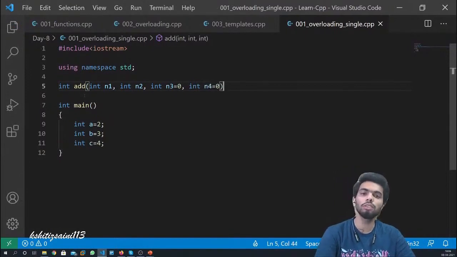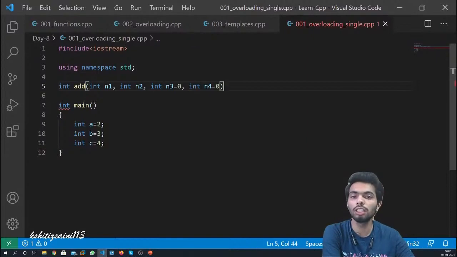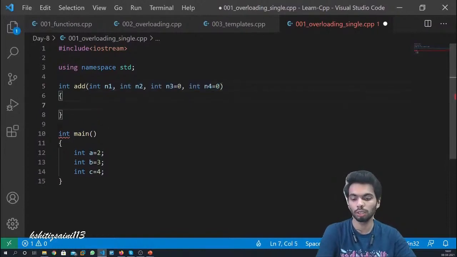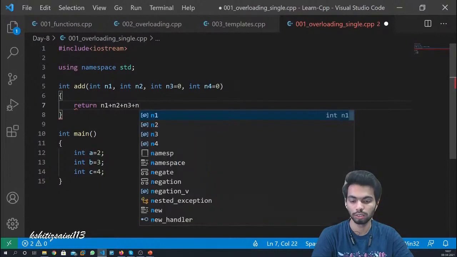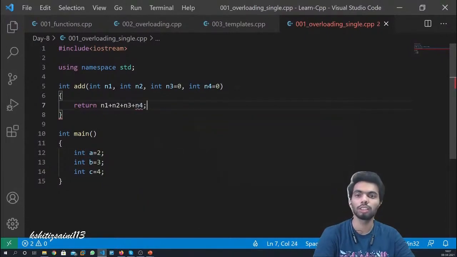और जब मैं डिफॉल्ट वैल्यूज दे सकता हूँ ना, कंसिडर इट कि ये राइट से लेफ्ट ही दे सकता हूँ डिफॉल्ट वैल्यूज। डिफॉल्ट वैल्यूज लेफ्ट टू राइट हम नहीं दे सकते, डिफॉल्ट वैल्यूज कैन ओनली बी गिवन फ्रॉम राइट टू लेफ्ट। ठीक है, तो अब हमने राइट टू लेफ्ट डिफॉल्ट वैल्यूज दे दिए, और हमने क्या किया, रिटर्न n1 प्लस n2 प्लस n3 प्लस n4। ठीक है,